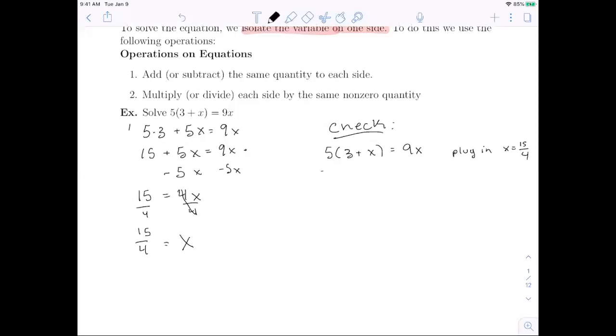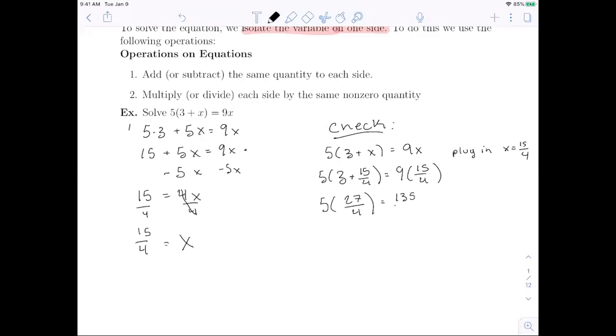All right, so I'm going to have 5 times (3 plus 15 over 4) equaling 9 times 15 over 4. And then PEMDAS says I need to do my parentheses first. So 3 plus 15 over 4: 3 times 4 is 12 plus 15 gives me 27 fourths. And 9 times 15 is